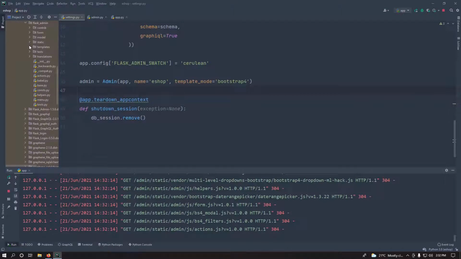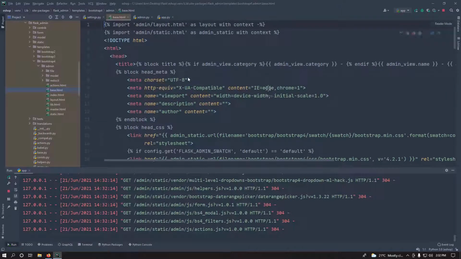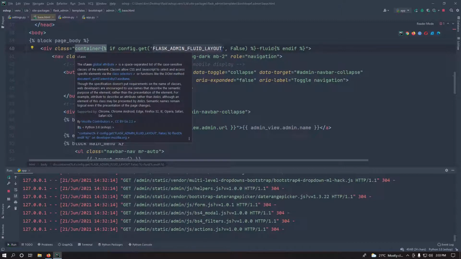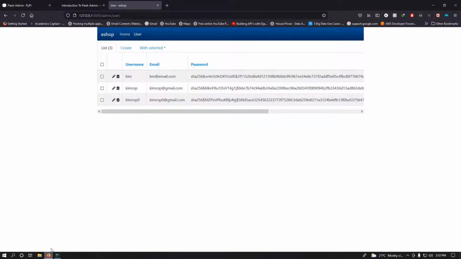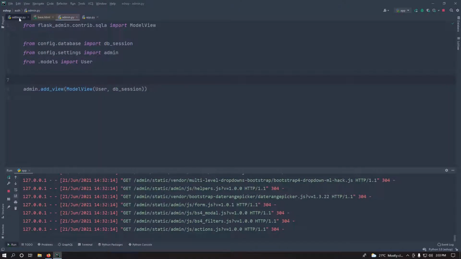Then just templates, then for Bootstrap 4, and then go inside the base, because that is where we have it. So you see, if you come down over here, it's checking if the config.settings is set to admin fluid layout, then it uses fluid layout, as it shows container. So that is what I exactly want to do. I want to go and change this to container fluid, because I think container fluid at least looks much better,